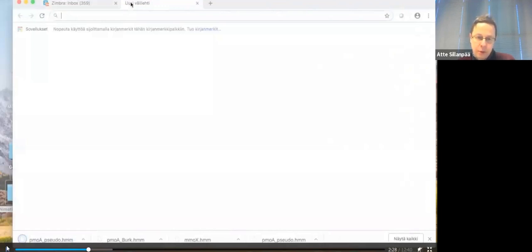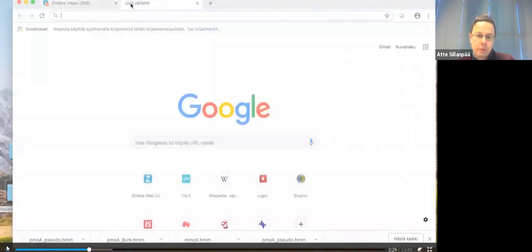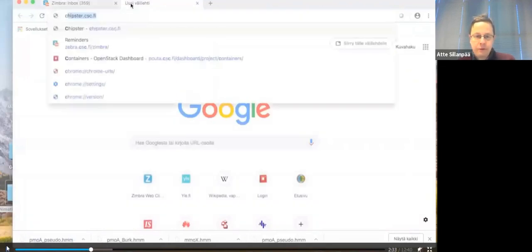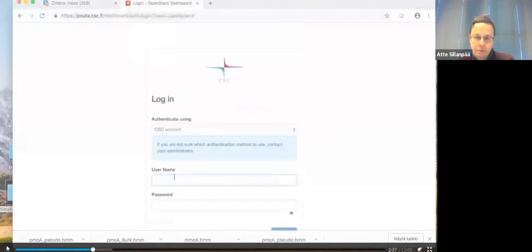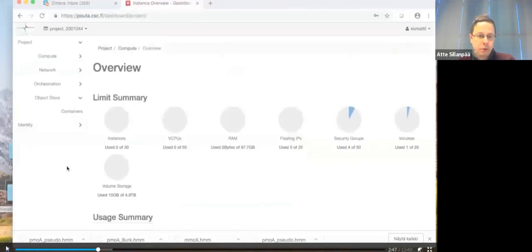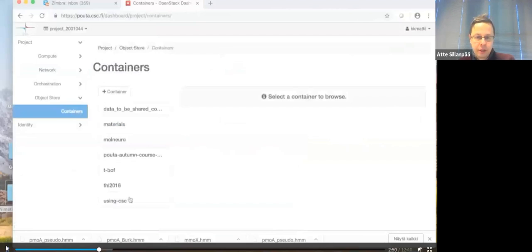But now I will use another service which is called POTA object storage. And I'm using it here because I don't happen to have FileZilla installed here, and this POTA object storage is based on a browser interface, so you don't need to install anything if you have POTA access for your project. So I log into this graphical user interface of the POTA cloud environment, and there go to containers,